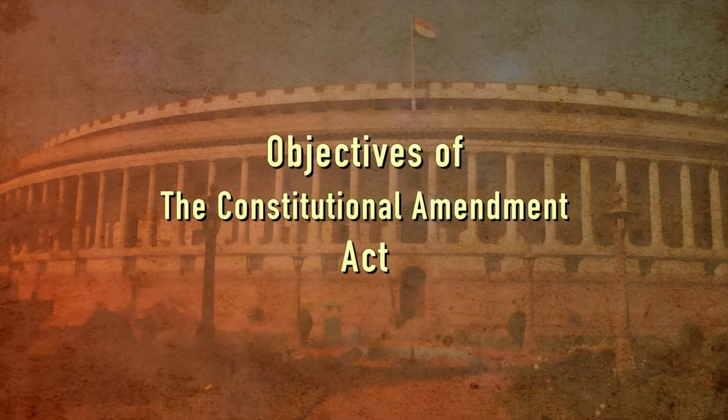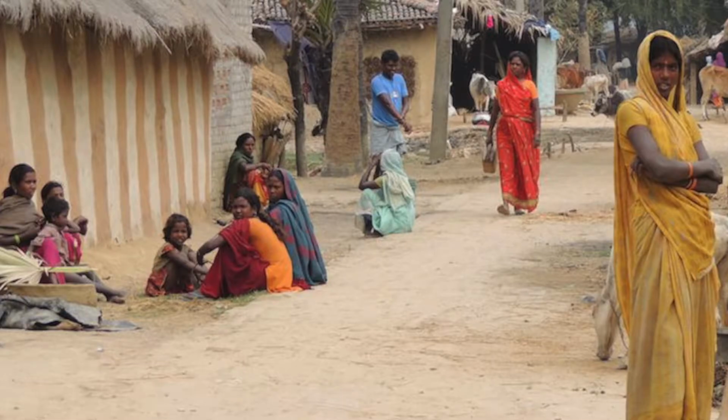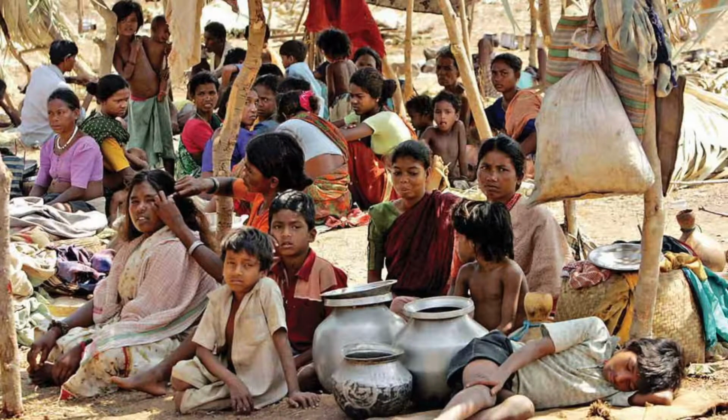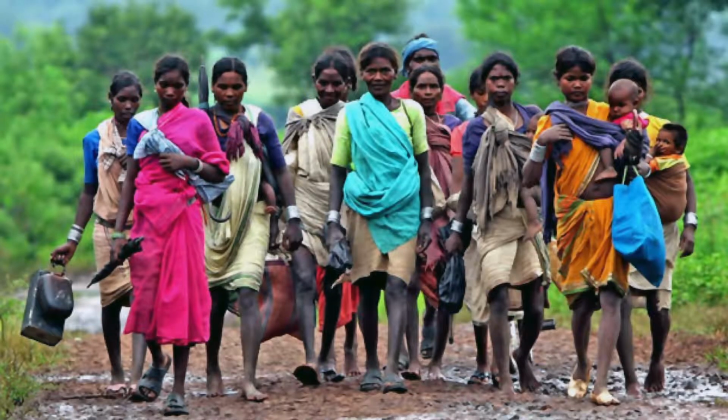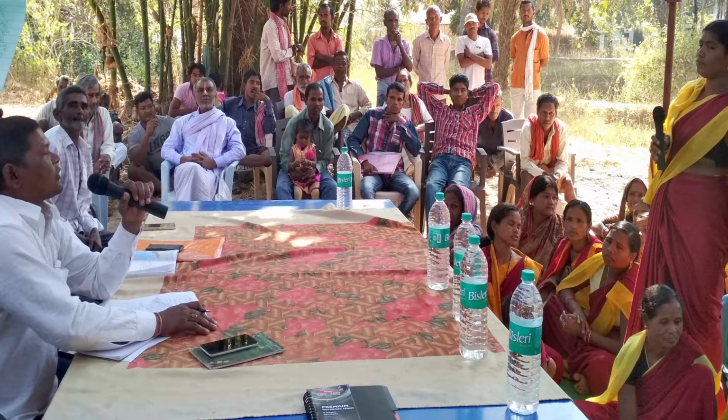The objectives of the constitutional amendment stated that though the PRIs have been in existence for a long time, they have not been able to acquire the status of responsive people's bodies due to a number of reasons, including absence of regular elections, prolonged suppression, insufficient representation of weaker sections like SCs, STs, and women, inadequate devolution of powers, and